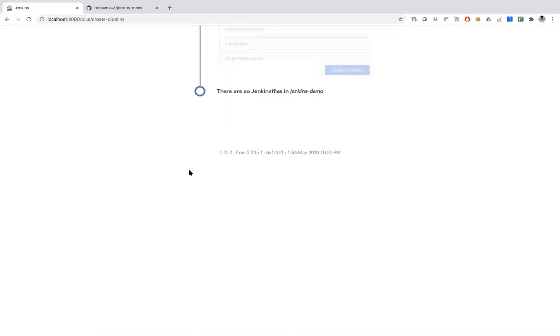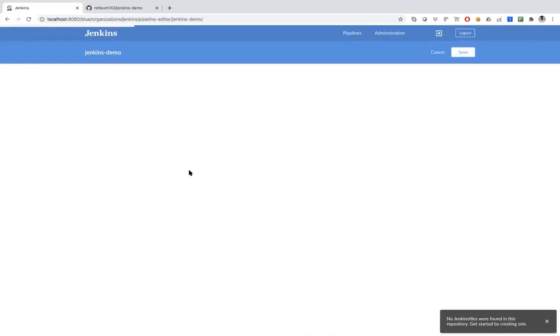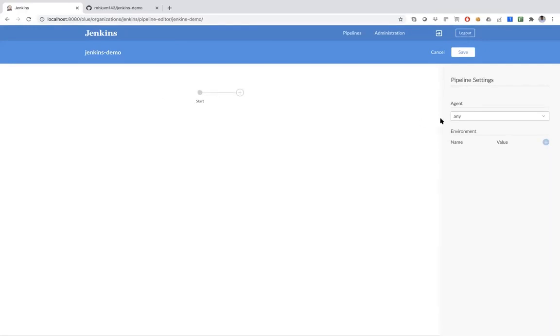So let's start with how Jenkins is going to create a declarative pipeline. It starts with the agent. In a Jenkins pipeline, first of all we have to decide where we run our pipeline. That we call the agent. Here I'm just going to choose any. If I have an agent on Kubernetes, I'm going to choose Kubernetes. If I have to run my declarative pipeline with a Dockerfile, that we will see later on.